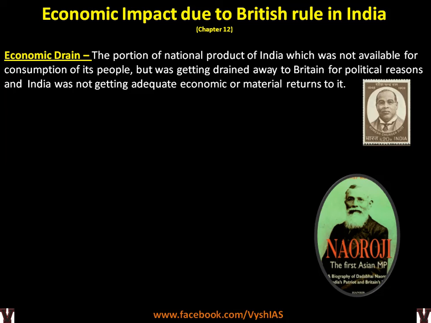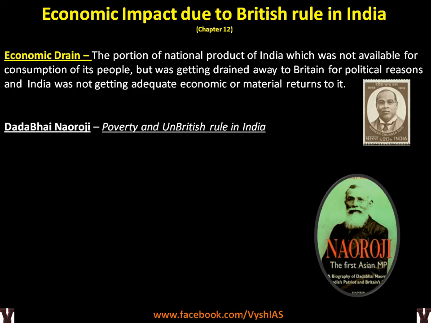Economic drain. This theory says that a portion of the national product of India, that is the GDP of India, was not available for consumption of its people, but was getting drained away to Britain for political reasons, and India was not getting adequate economic or material returns for it. So a great portion of the Indian GDP was not at all being useful for Indian people, and the British would take it out to their own land in England and give weird reasons for that, and Indians did not get any material returns. Two important leaders and two important books by them: Dadabhai Naoroji, Poverty and Un-British Rule in India;